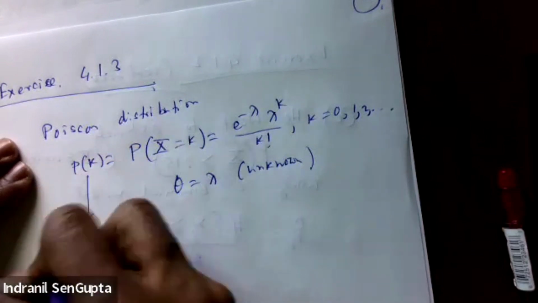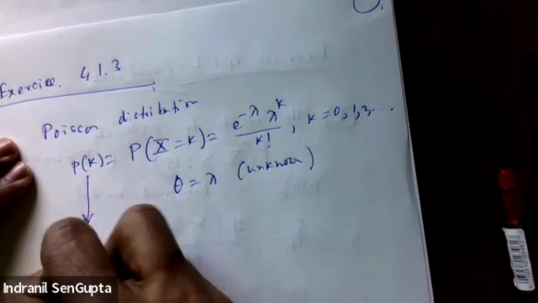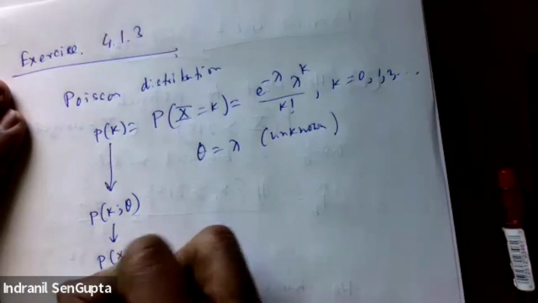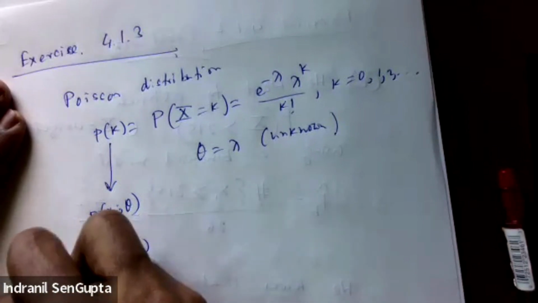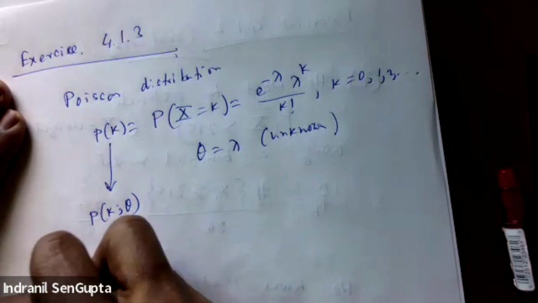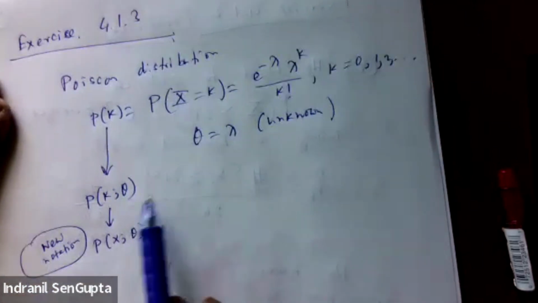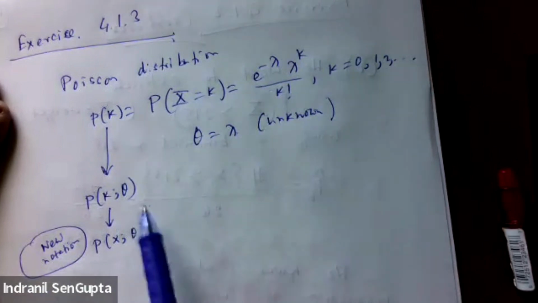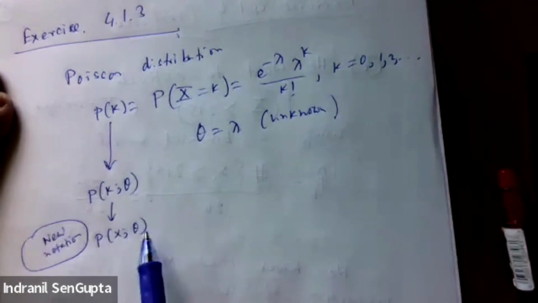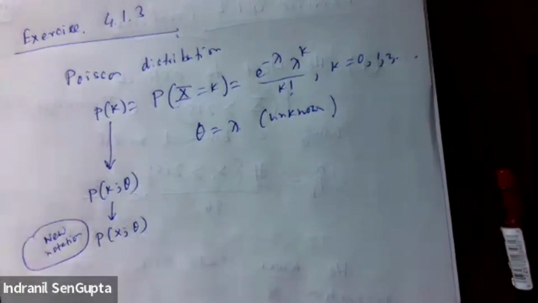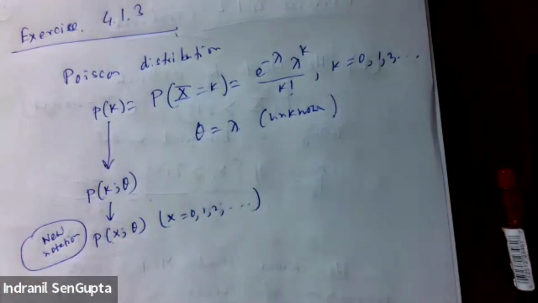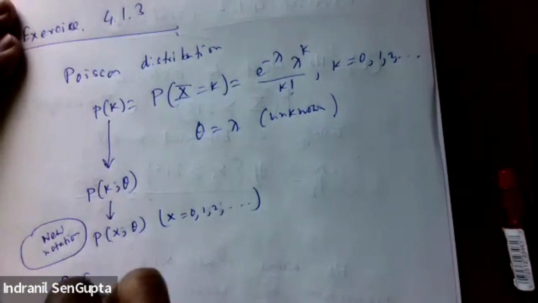So we know this form. In our case this will be written as p of k, theta, or more precisely our notation will be p of x, theta. So new notation. All this is the same thing. So p of k is the same as p of k, theta, just to emphasize the dependence on lambda, and lambda is theta. I'm just writing this as p of x comma theta. Just replace the k. So my x values can be 0, 1, 2, and so on. Okay, step 1, part A,